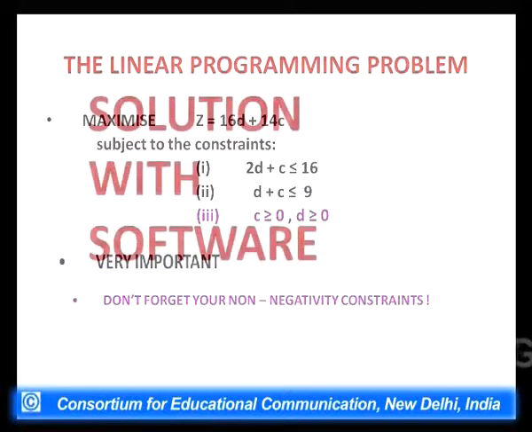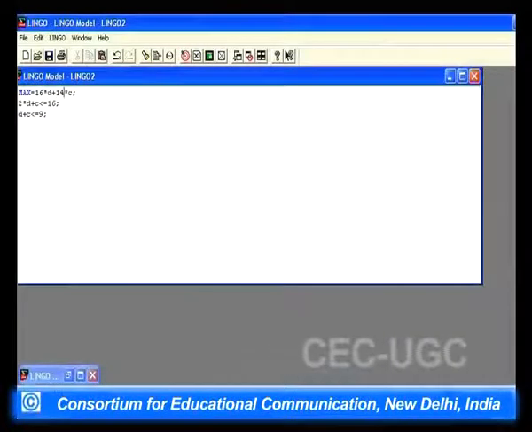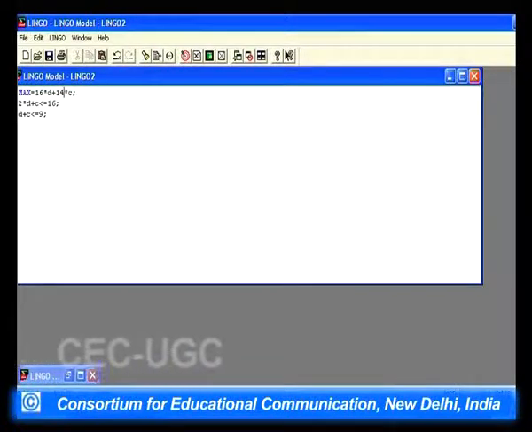Okay. Solution with software. We'll quickly review what we did last time. This is the screenshot of the Lingo spreadsheet, and the same problem is recorded here.